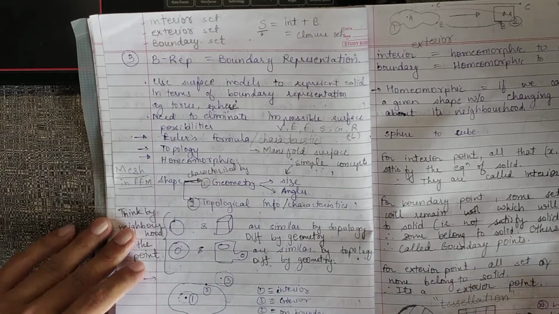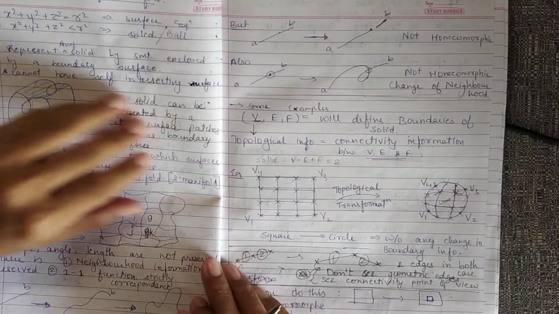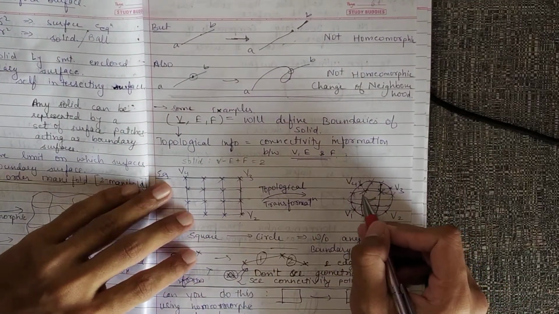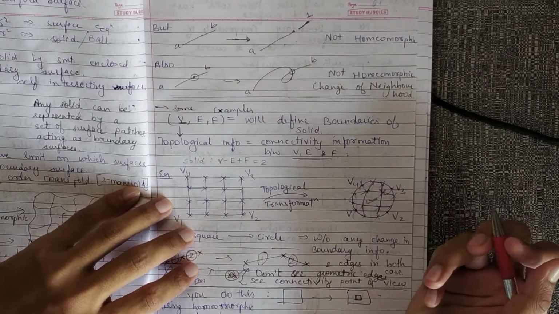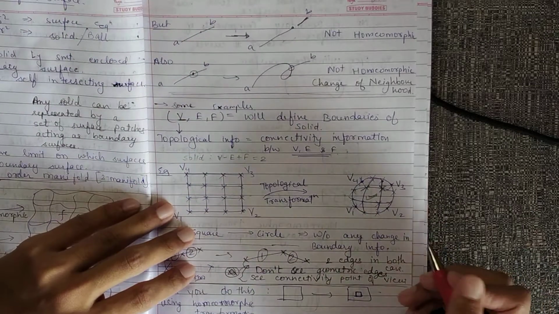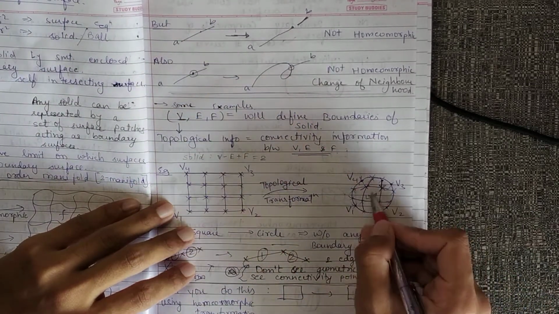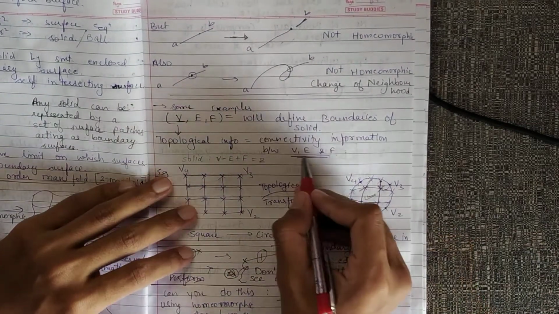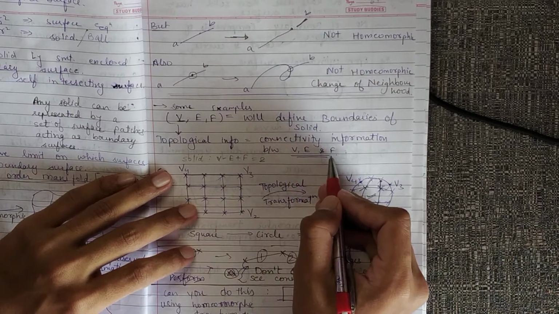Now coming to Euler's formula. When we have some irregular bodies, then we cannot easily define edges and faces and vertices. So for a sphere or for a circle we cannot define them. So we make tessellations on it, that is meshing, and then we can easily define the vertices on it. So V, E and F are the number of vertices, edges and faces.